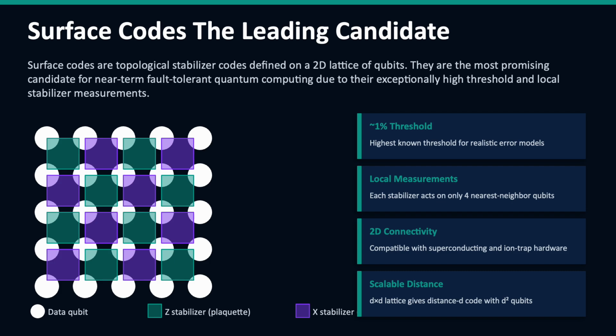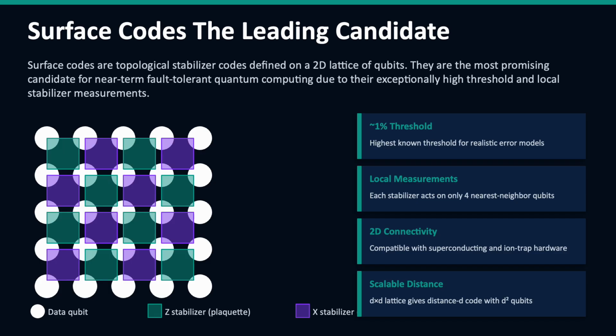Every other major error correcting code requires qubits that are physically far apart to interact with each other, which is extremely difficult to arrange in real hardware. Surface codes only ever require each qubit to interact with its 4 immediate neighbors, like squares on a chessboard interacting only with the squares directly adjacent to them. This can be implemented directly in the kind of planar chip architecture that modern fabrication technology excels at building.